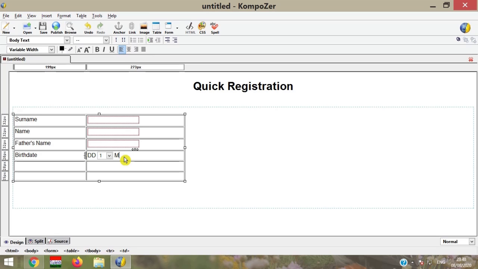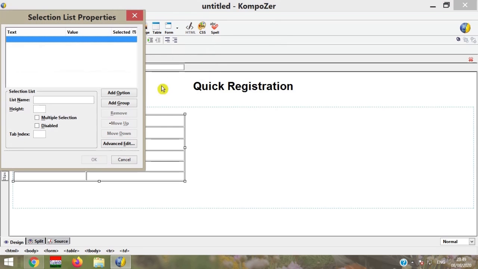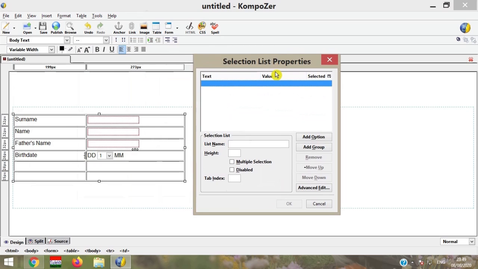Then for the month, we have to create a 12-month pull down menu or selection list. So once again go to the selection list property and then month, then write the 12 month names.